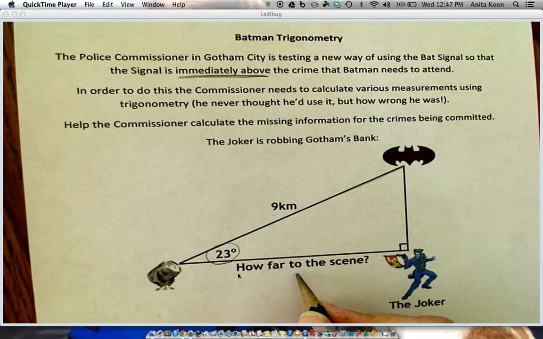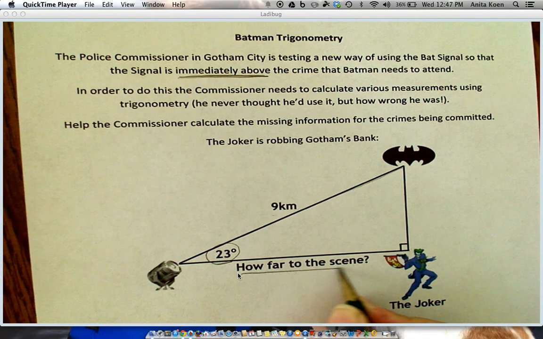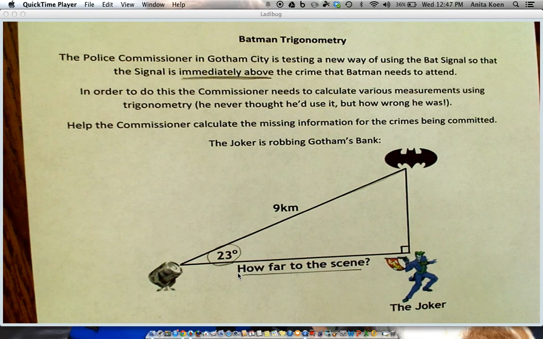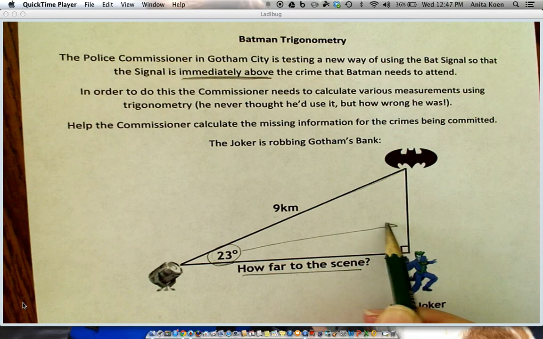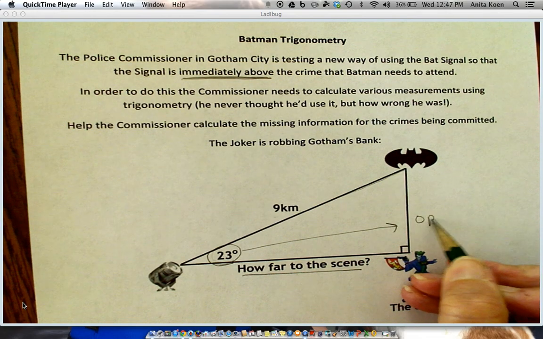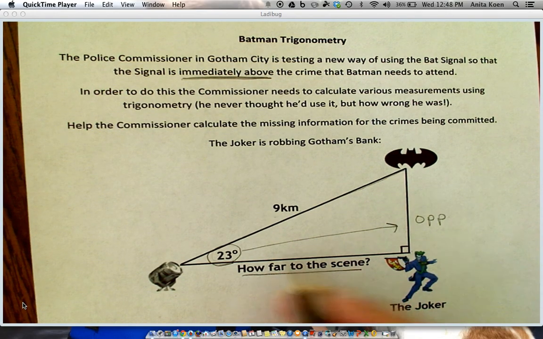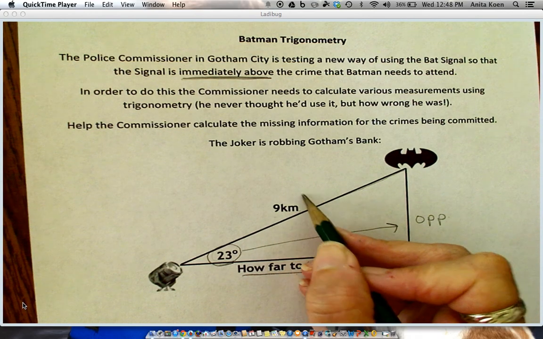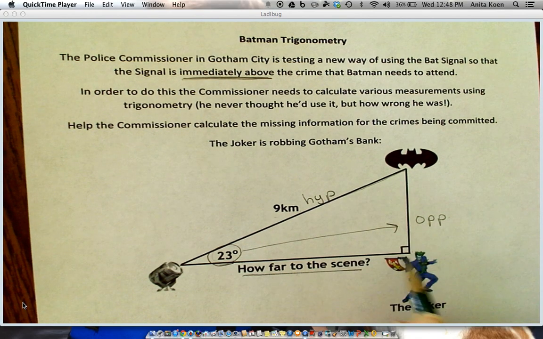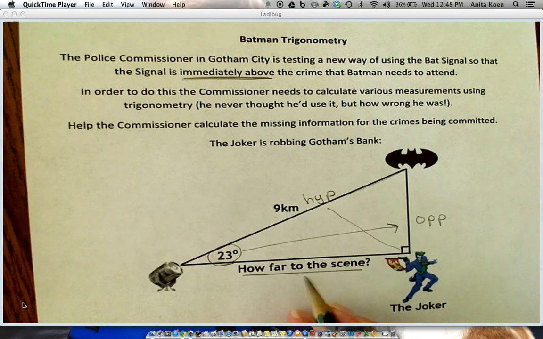He needs to find out how far it is to the scene of the crime. How far does Batman have to go? Well, first of all, our angle of elevation is 23. That means that this side, which we don't really need to know anything about, is the opposite side. This side is the hypotenuse, the side across from the right angle,